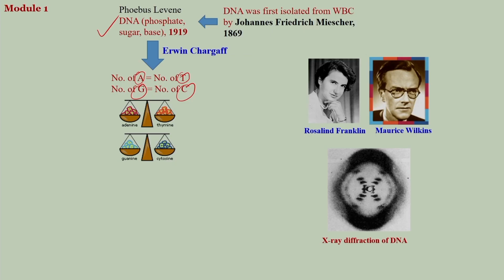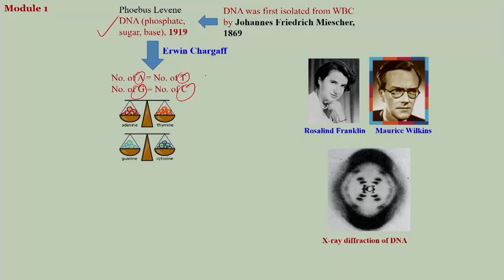So that is there if you isolate DNA from sample 1, or if you isolate the DNA from source 2, whatever the source is, it does not matter. All kinds of DNA have this parity in it: adenine and thymine are in equivalent quantity, guanine and cytosine are in equivalent quantity. So that was a very important piece of information that Watson and Crick always kept in mind.